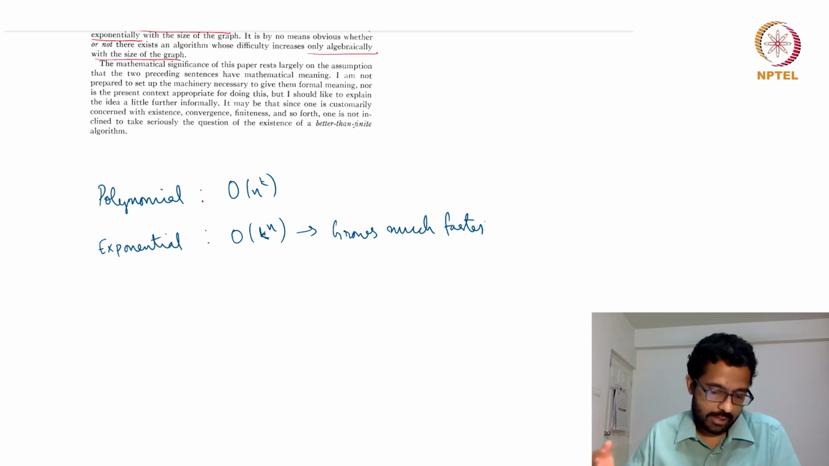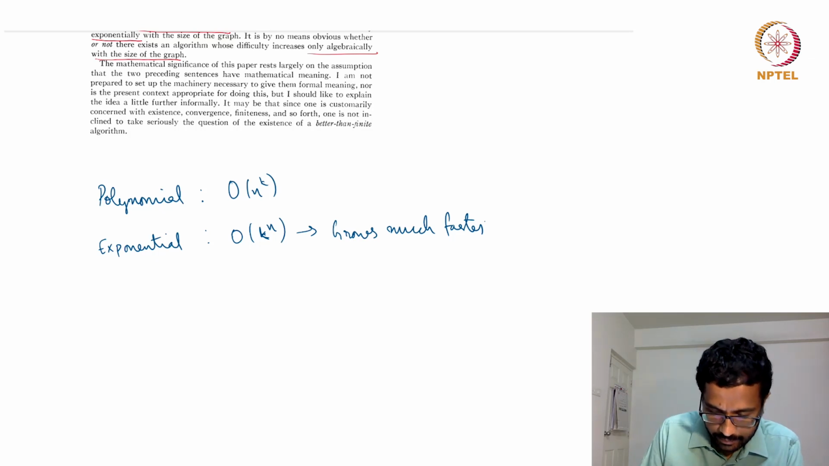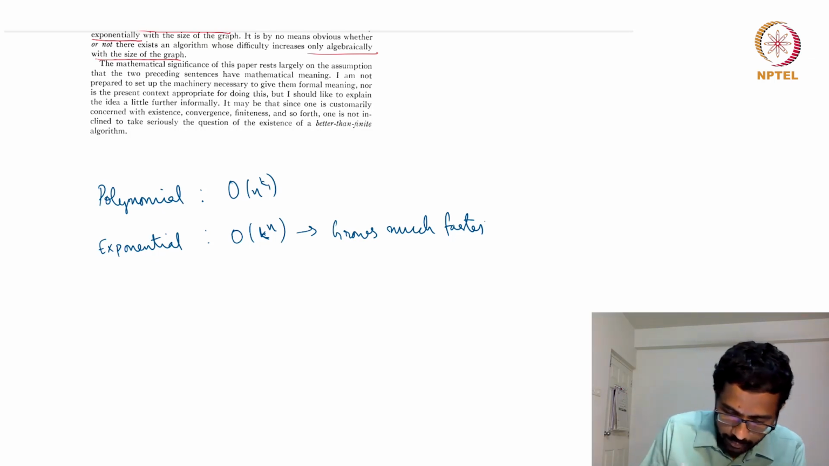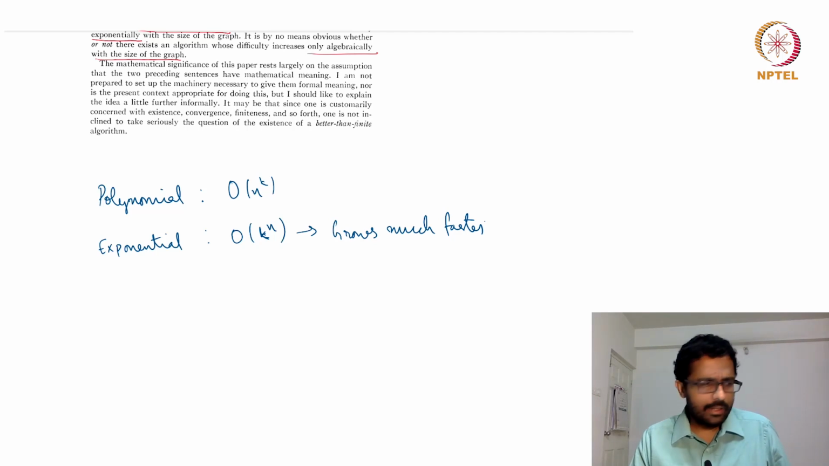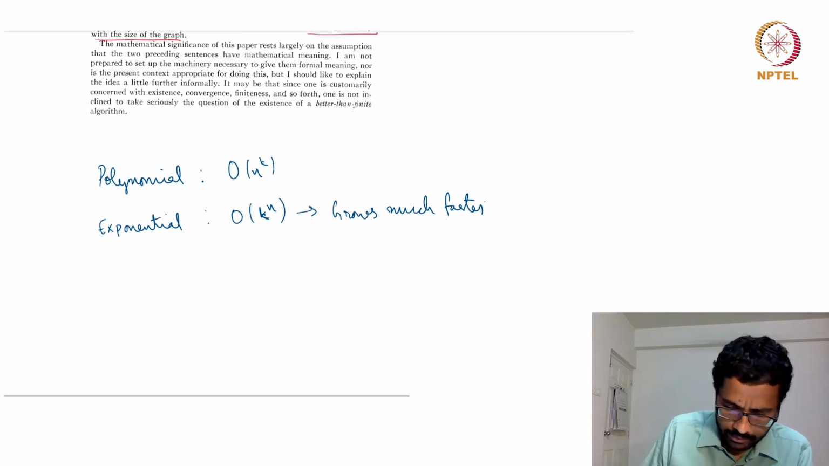So it may be small for small values of n, but as n grows, fix k or fix k1 here, and maybe fix a k1 here and fix a k2 here. Whatever k1 and k2 you fix, if you increase n, after a point the exponential function will grow more than the polynomial function. So now I will show some examples